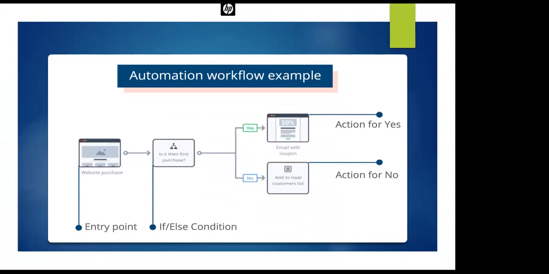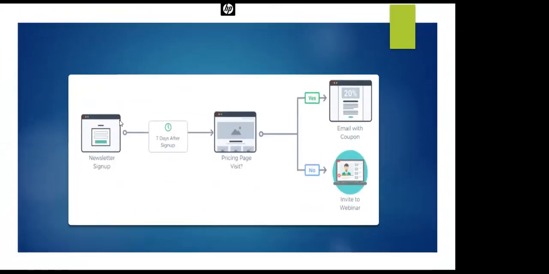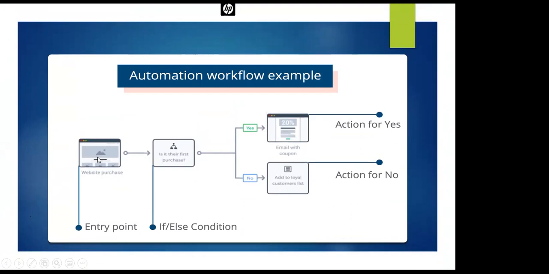What is a marketing automation workflow? Basically, automation workflow. So let's try to study with an example. In that automation workflow, we will have an entry point. We will have if-else conditions. Entry point will be the data source from where we are getting data, either from a website or a CRM system or any ERP system. If-else conditions: if we got the data, what is the condition, what is the next best action we want to do, and then we can design such workflows to take next best actions based on the data available with the help of marketing automation.